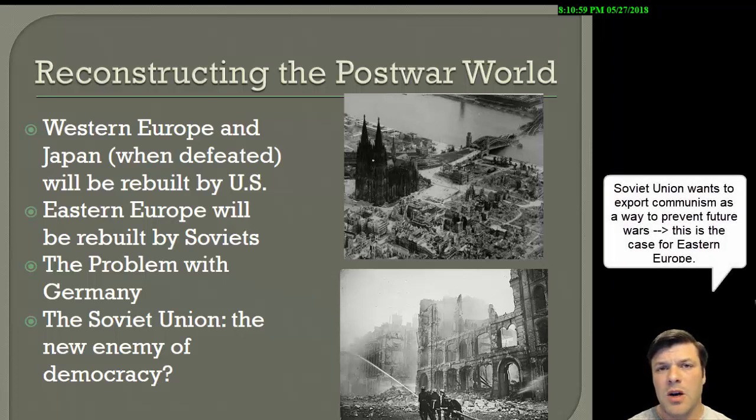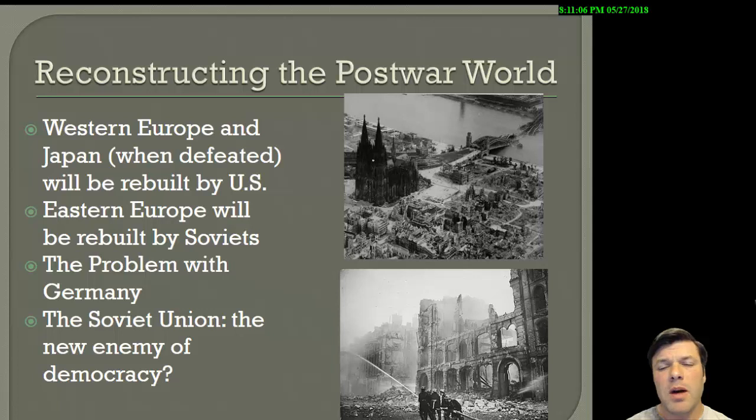This is going to come to be known as the Cold War, and you'll understand exactly what that means here in a few minutes. But for right now, much of what is decided as far as how Europe is going to look in the aftermath of the war is really going to be based on that conference at Yalta. Franklin Roosevelt, right before he died, is more or less going to give the Soviet Union its own sphere of influence in Eastern Europe. What's going to happen is those countries are going to be liberated by the Soviets.